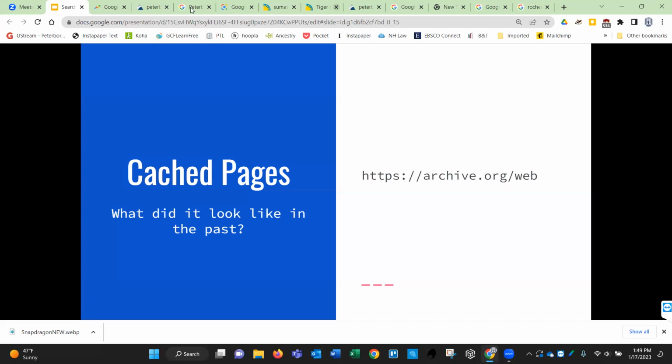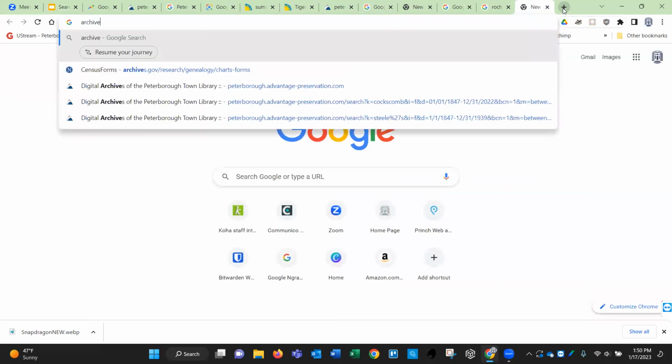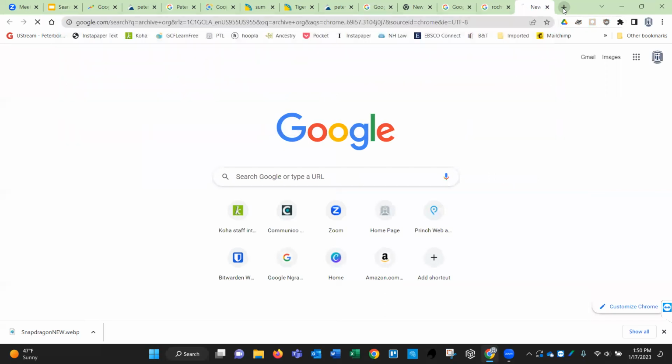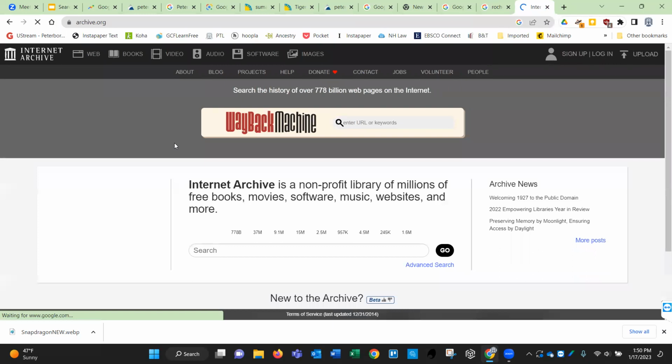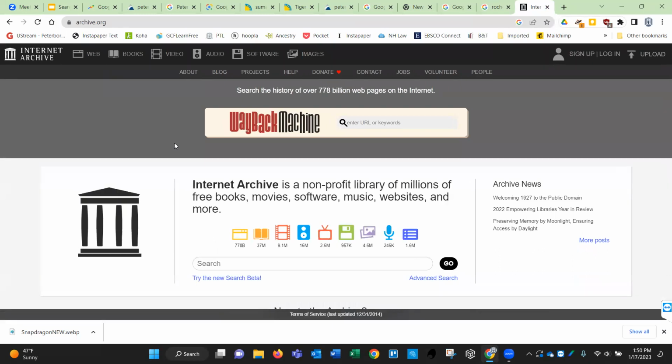So if we go to archive.org, this is what's considered the Internet Archive. This could be like a full semester class kind of thing of what the Wayback Machine can do and what archive.org can do.